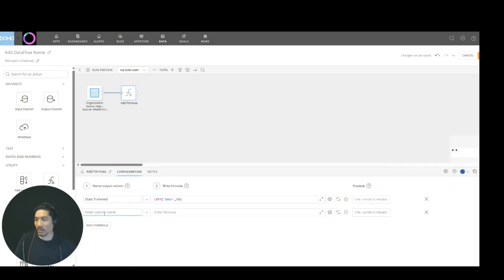Now what I can finally do is I could do this. Give me the year of that date. Sorry. Now I need to pull in the first 4 digits. So I'm going to say, give me the left of date trimmed, 4. That's what year is going to be. If I hit this little preview, I got the year. Now I need to go get the